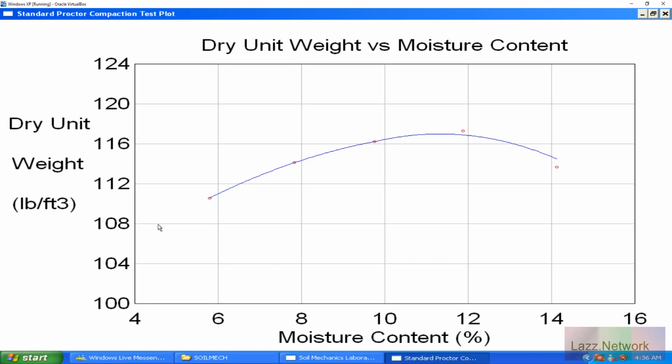4.7% moisture. Okay, with the help of this graph, I can clearly see we need to add more water, because if we add more water, we'll start to densify. So if we get it up to like 6% and then apply the right amount of compaction, or the compactive effort that was attained in the lab, then you could be right here where now